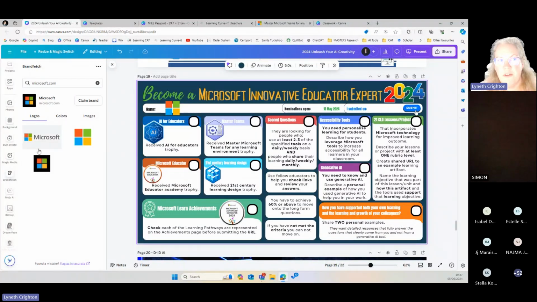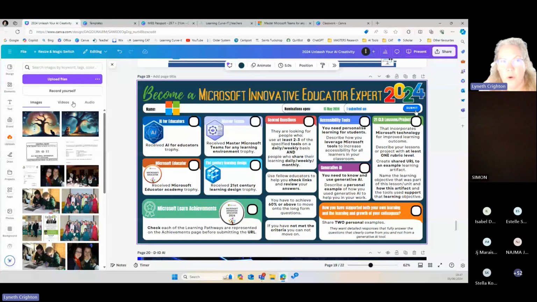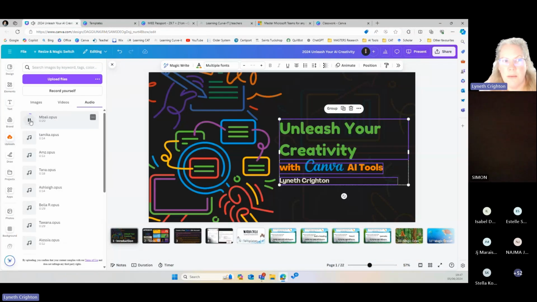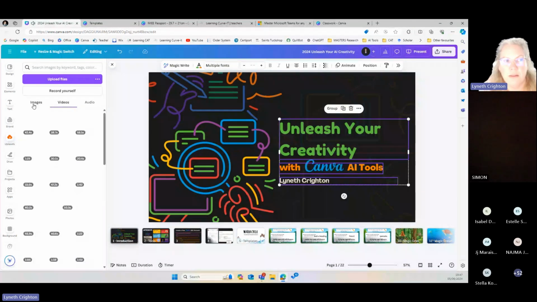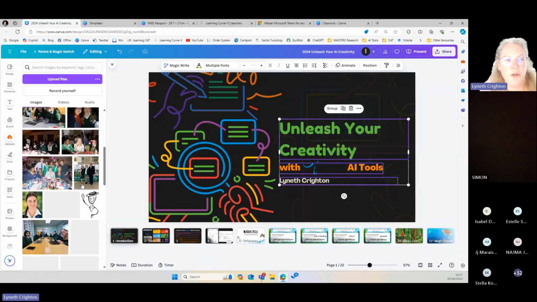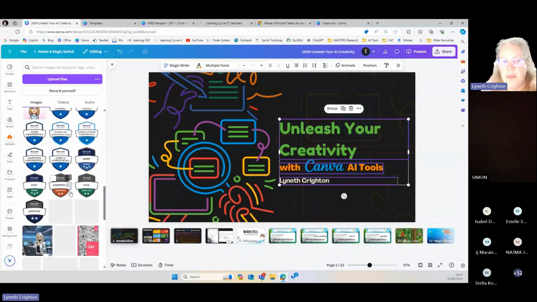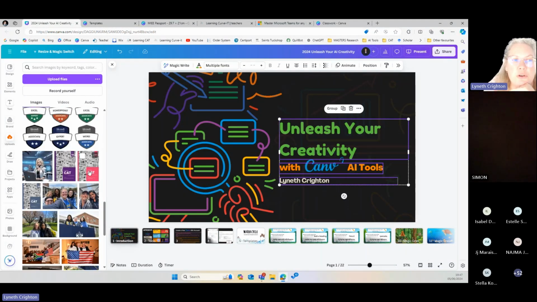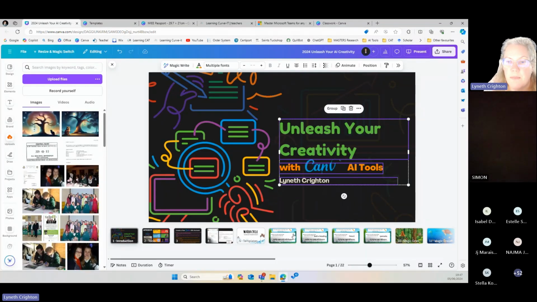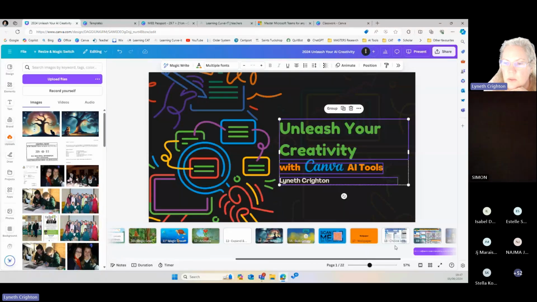For those people who've never been in Canva before, you can upload literally any image, video, or audio. It will save it here. These are all photographs that I've uploaded, badges, anything you can upload, and then you can use it and it stays in your library, and you have a huge space of library. So now I lost where we are.